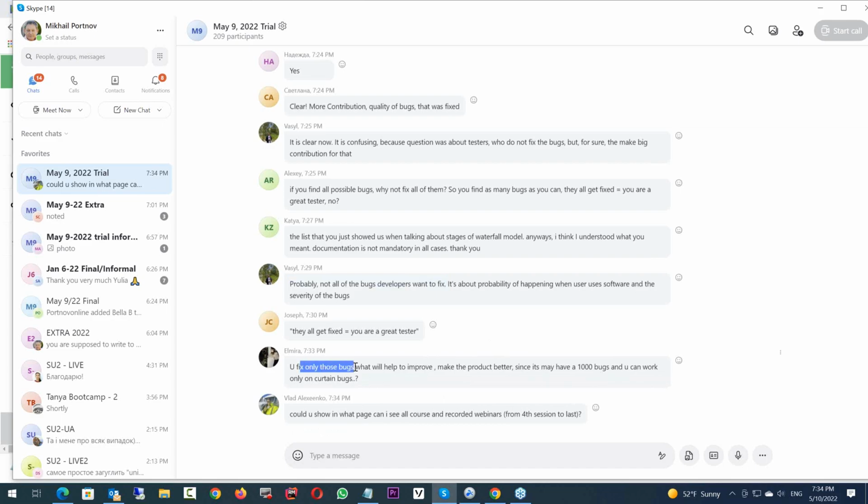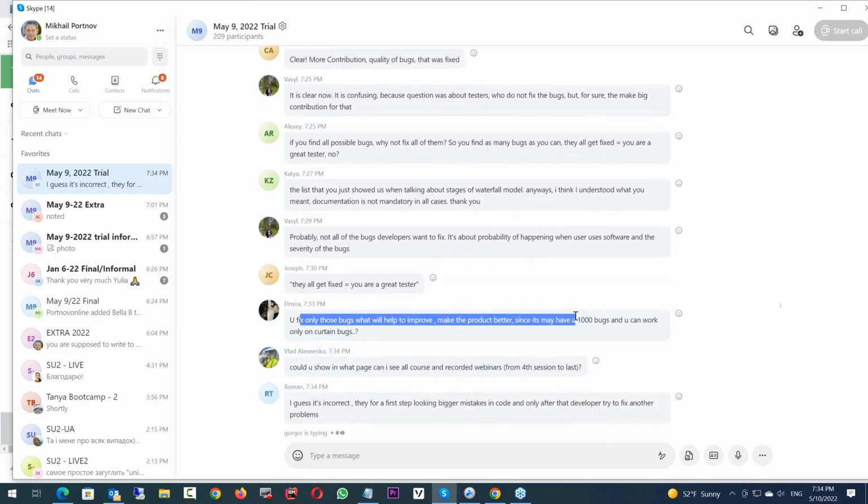You fix only those bugs that will help to improve, make the product better, since it may have 1,000 bugs and you can work only on certain bugs. We are not fixing. Yeah, developers are fixing. We are reporting. So you report the bug, and then